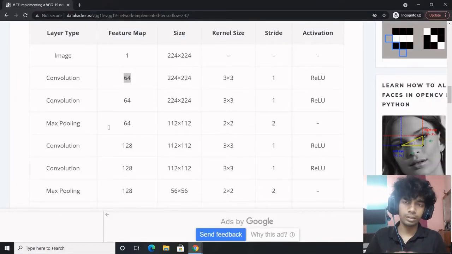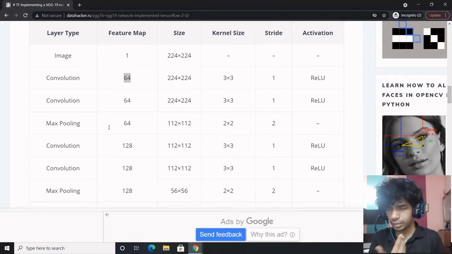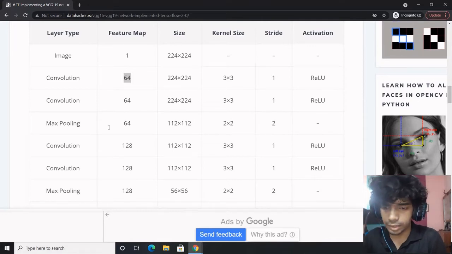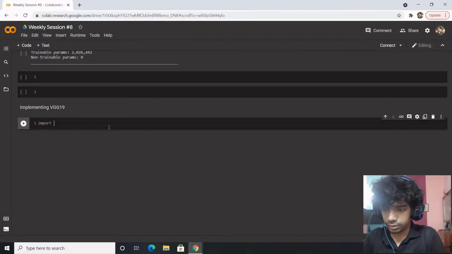I was a hardcore sequential guy, but later on I became a functional guy, and I hope this is quite comfortable. So let's start. First is the image layer. import tensorflow as tf.